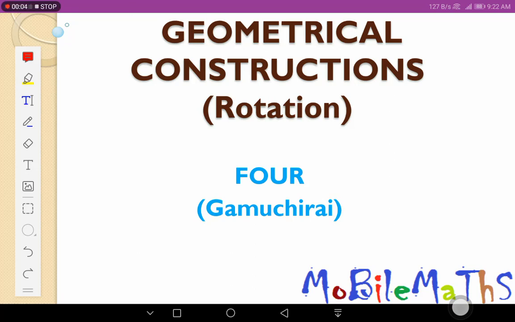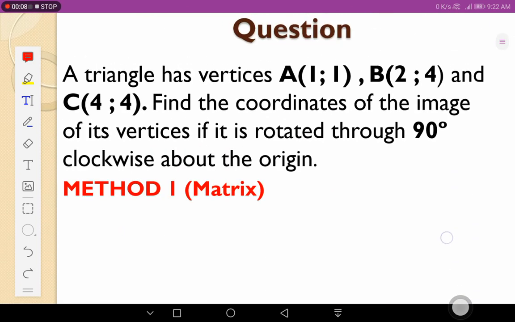Today we want to look at rotation under geometrical constructions, form. So I've got a question here that I want to answer using three different methods. The question reads: a triangle has vertices A (1, 1), B (2, 4), and C (4, 4). Find the coordinates of the image of its vertices if it is rotated through 90 degrees clockwise about the origin. Okay, so the first method that I'm going to use is a matrix method, whereby the matrix of rotation